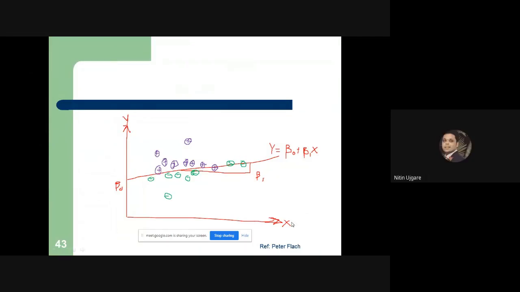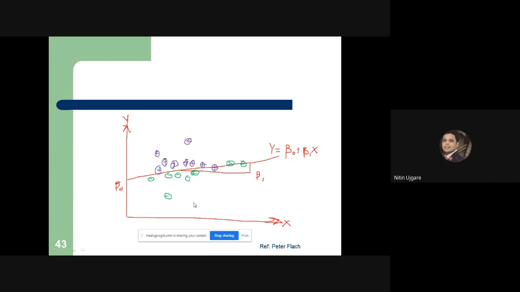Okay, so this is my x-axis, this is my y-axis. These are the y values and x values. So every instance has two values, x coordinate and y coordinate. This is the linear regression line that I have drawn. This is the intercept on my y-axis, that is beta 0, and this is the slope of the line, that is beta 1. Now these are the positive class instances and these are the negative class instances. So I have performed the classification of this data set.